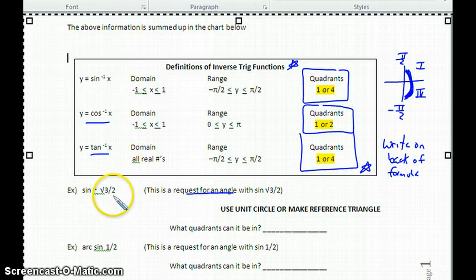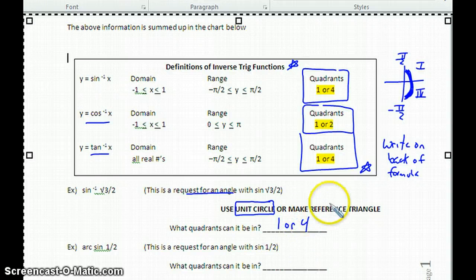There's a couple ways that I can do this. I can use the unit circle or the reference triangle. I'm going to use the unit circle. So you're going to want to get out your unit circle. First thing you ask yourself is, the sine inverse can only exist in which quadrants? Well, we said 1 or 4. So looking at the unit circle,